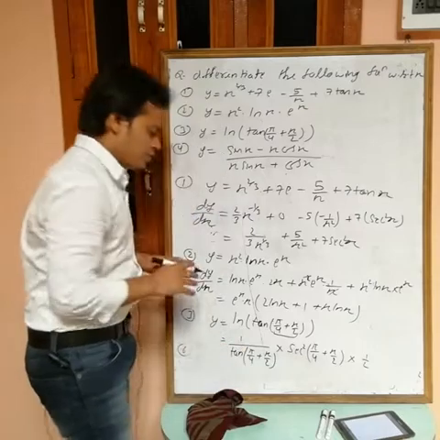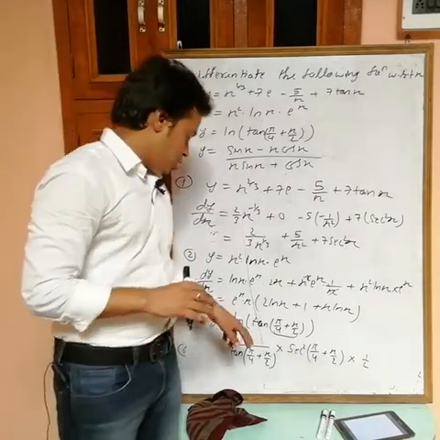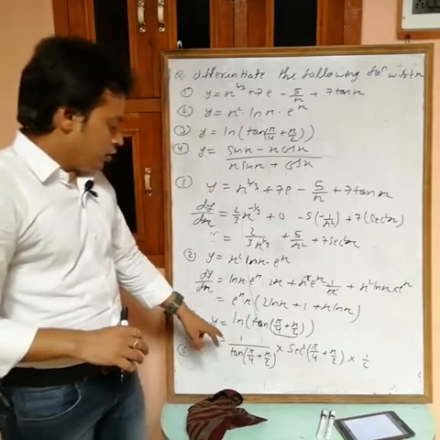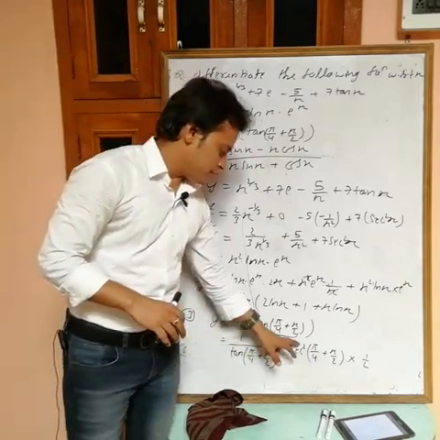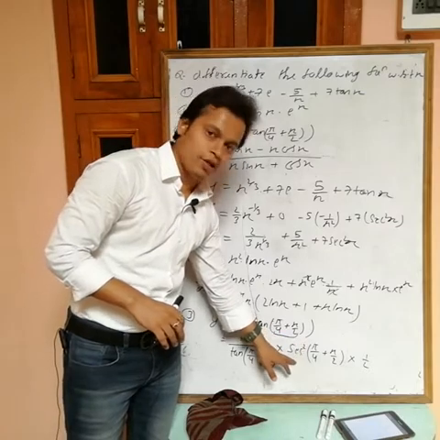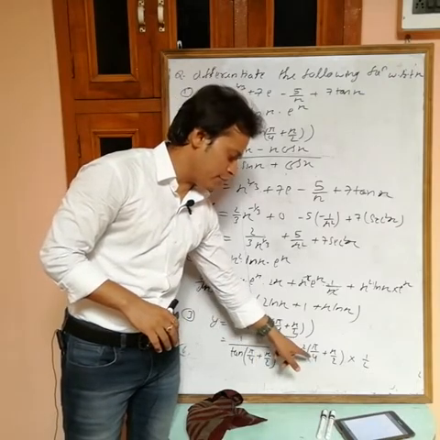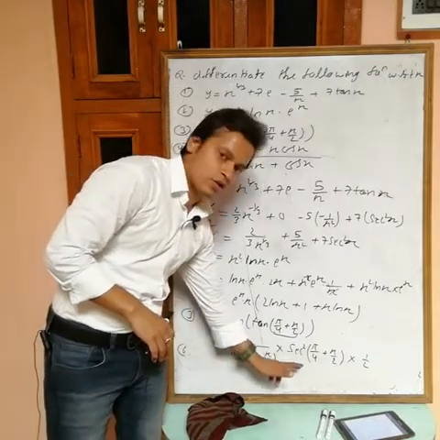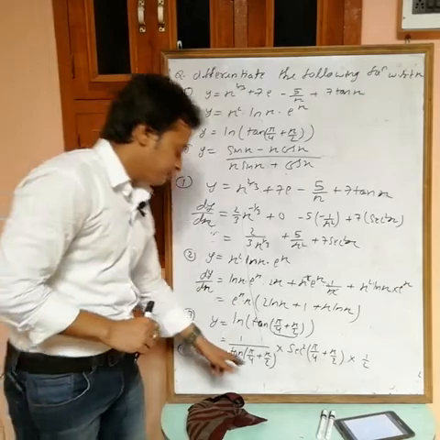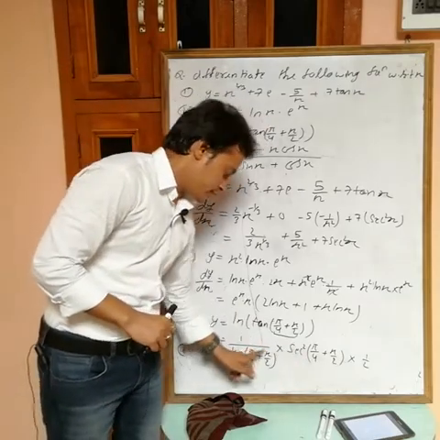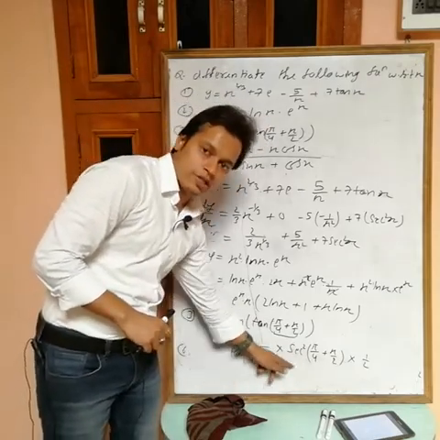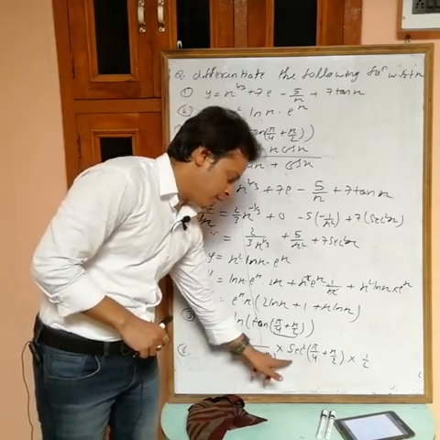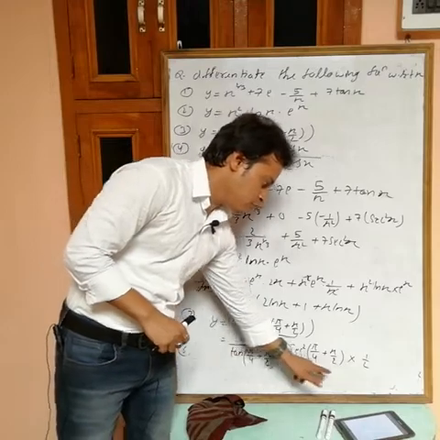Now if you simplify this one, it is simple. 1 by 2, sec square of pi by 4 plus x by 2. If you write this one in denominator, cos square pi by 4 plus x by 2, and this is sin by cos, so one cos cancels out. Here cos square in denominator, sin by cos, one cos cancels out. Then what we have remaining? Sin pi by 4 plus x by 2 into cos pi by 4 plus x by 2 into 2.